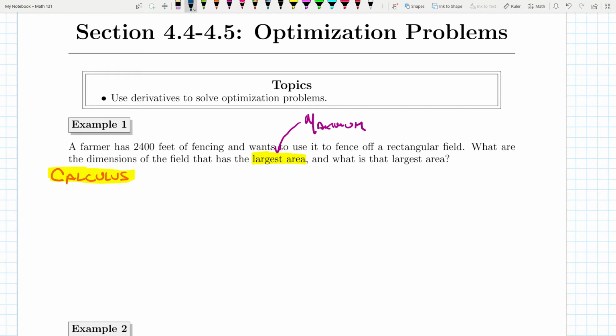That is, we will do something like A equals xy. However, here is an issue. The issue here is that this function right here has more than one variable. And we need to make sure that we only have one variable. So that's why we have a second piece of information. So notice they're telling us that a farmer has 2,400 feet of fencing. Well, what is that going to be anyway? So, for example,